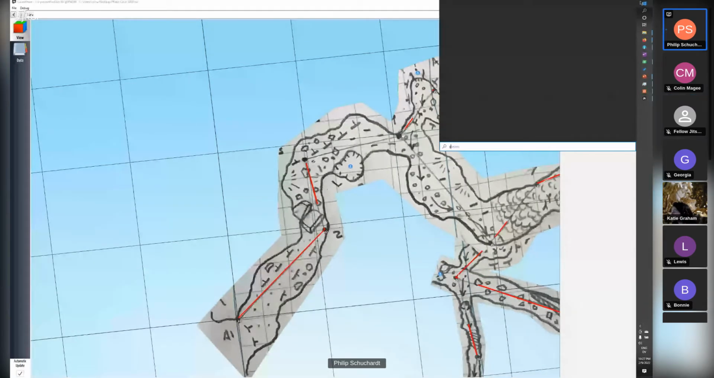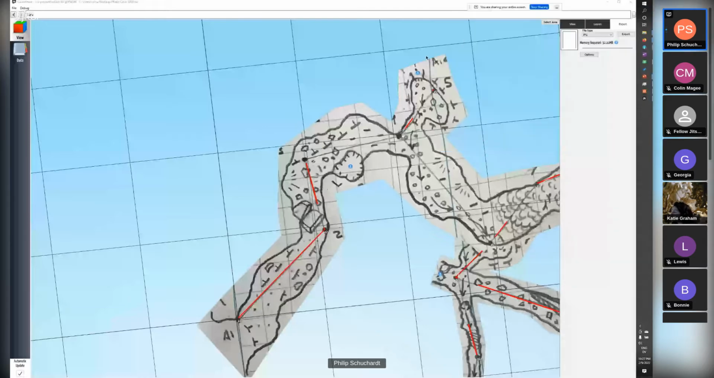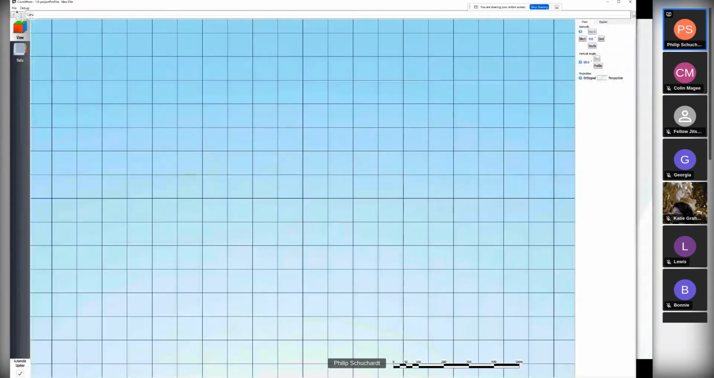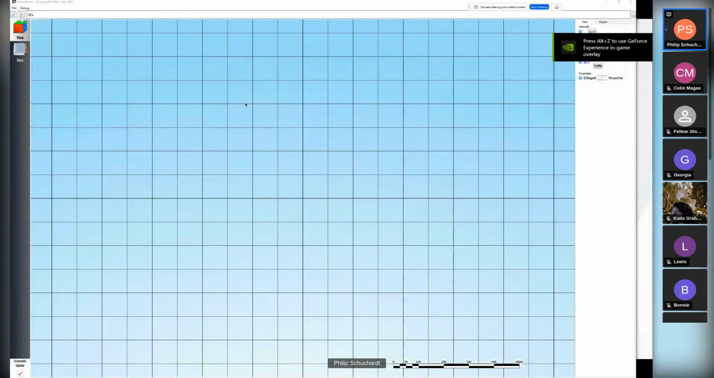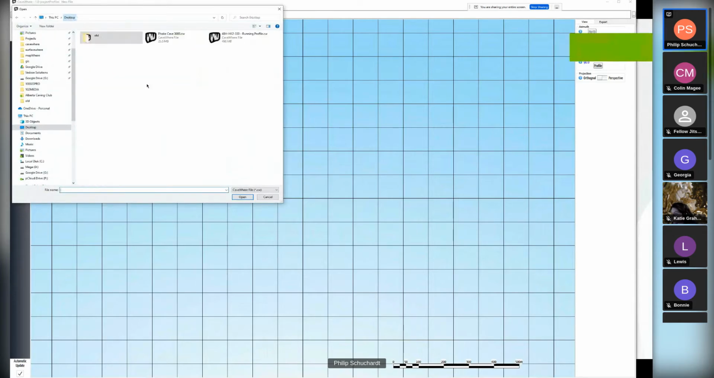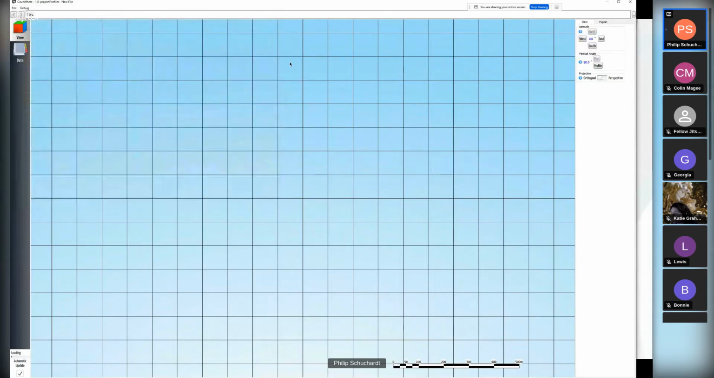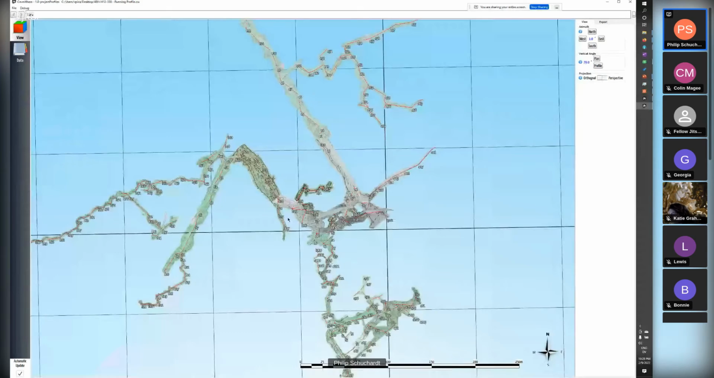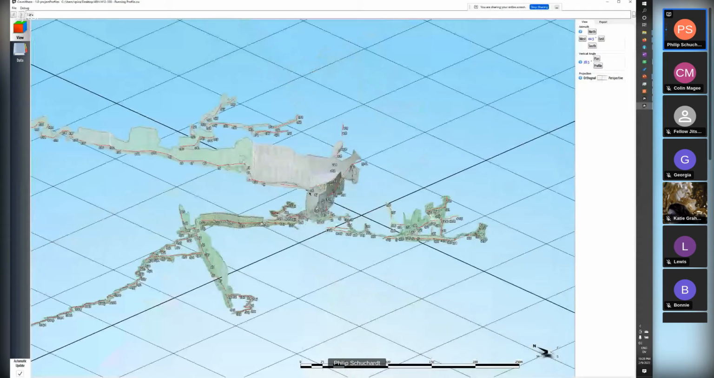I have a version that's not in development here. So let's just open something. We'll open a big cave here. Hopefully this loads. All right. So here's a cave in China. So say if we were going